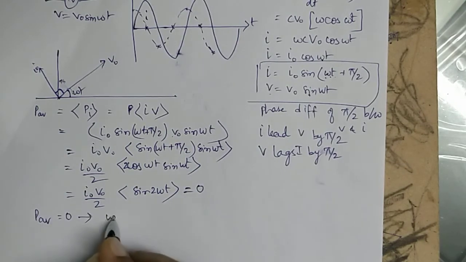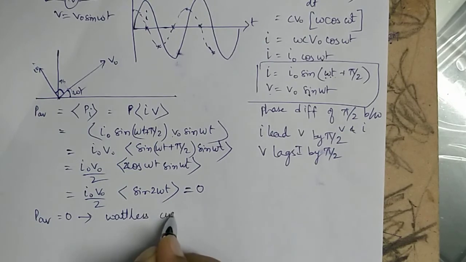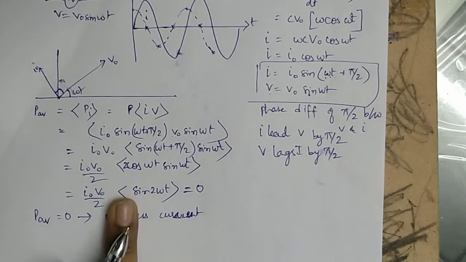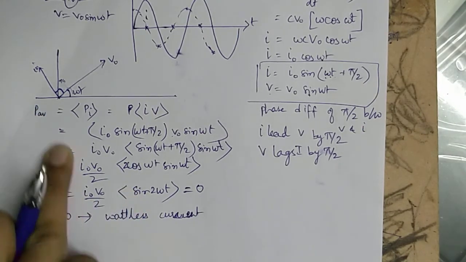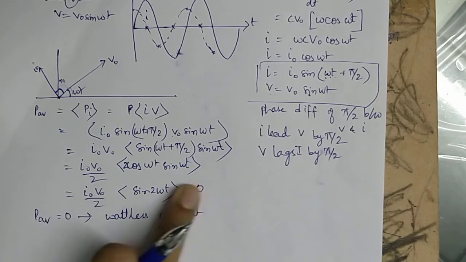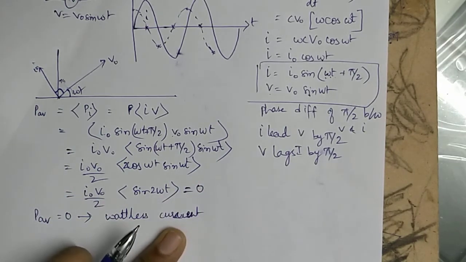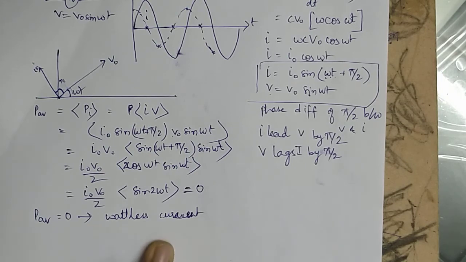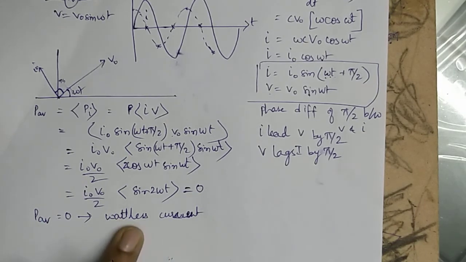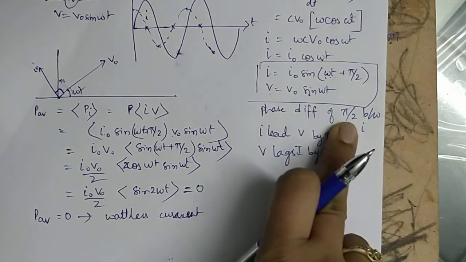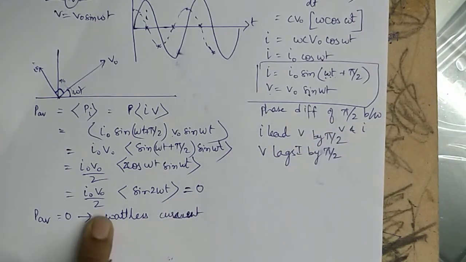So it is wattless current. When it asks you to prove that wattless current flows through a capacitor, you have to find the average power. It will come 0. Then you can write that wattless current flows through the capacitor. And why is it wattless current? I told you, whenever an electrical element brings a phase difference of pi by 2 between current and voltage, then the average power for one complete cycle is 0, and we call that wattless current flows. So here there was a phase difference of pi by 2 between voltage and current, and that is the reason we got average power as 0, and we say wattless current flows through a pure capacitor. Even wattless current flows through a pure inductor.